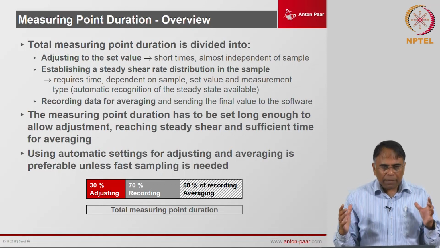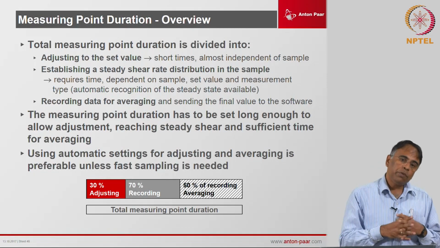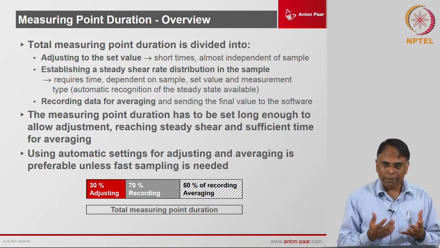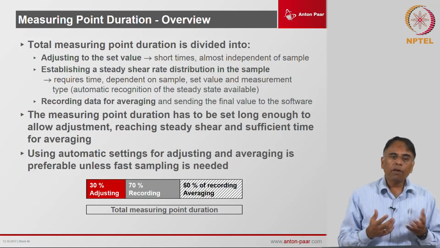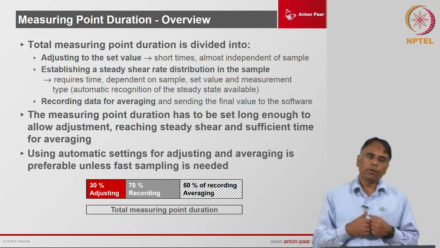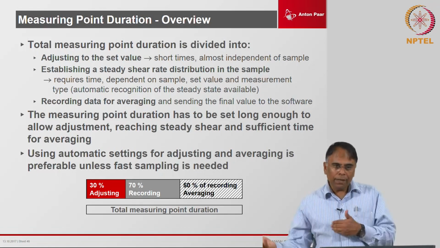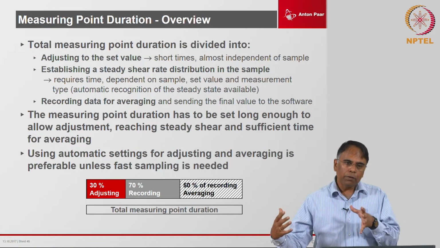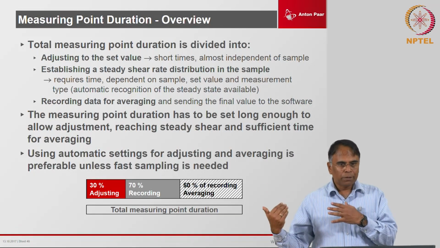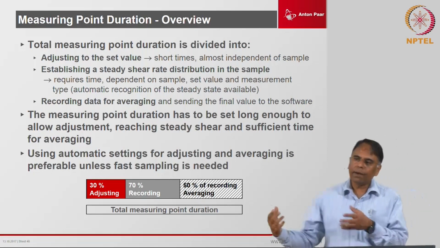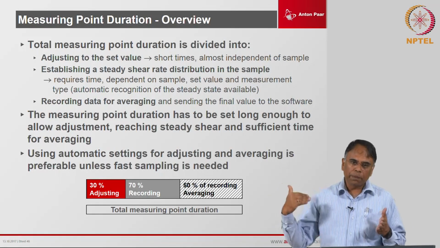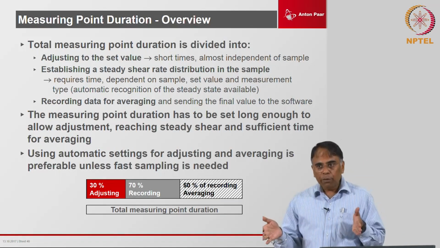Look at the measuring point duration, specifically in a steady shear experiment. If I am doing it at a shear rate of 0.01, the unit of the shear rate is reciprocal seconds. So, a shear rate of 0.01 will require the reciprocal of 0.01, which is 100 seconds, for that event to complete. Physically, that event will require 100 seconds to get over. So, measuring over these 100 seconds would be the minimum for this event to get over.